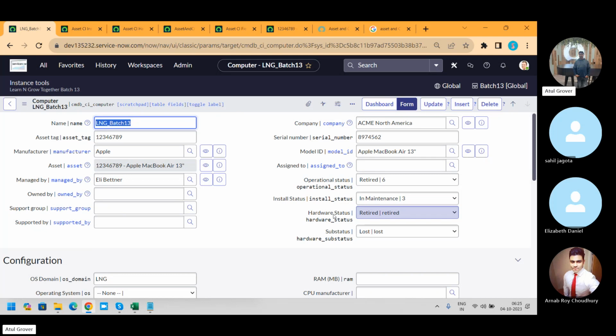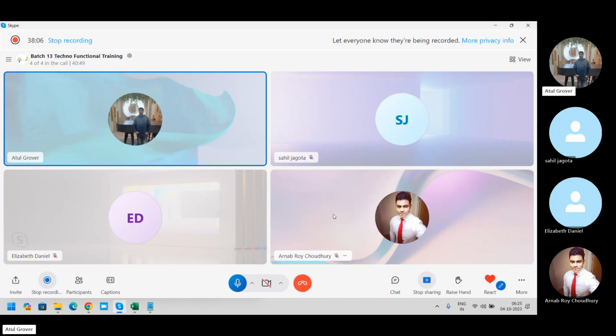So for three different people, there are three different fields given by ServiceNow. But if you bring everything to the form level, it will confuse everybody. And this is what happened to us. Right, Eliza? We are confused because we're not able to understand why and how it's been working,